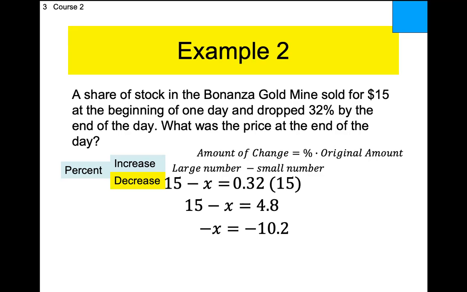All right, what are we going to do to both sides to get rid of this negative? Add 10.2? We could do that, but that wasn't the trick I taught you. Add x? We could do that, but that wasn't the trick I taught you. When both sides are negative, what's the easiest thing to do? Drop the negative. But mathematically, that's multiplying both sides by -1. So if we multiply both sides by -1, this becomes positive and that becomes positive. The other trick, and it's not a good trick, is you add x to both sides and add 10.2 to both sides. Or you can literally just erase both negatives, and we get x equals 10.2. So that's how much the final price was, $10.20.